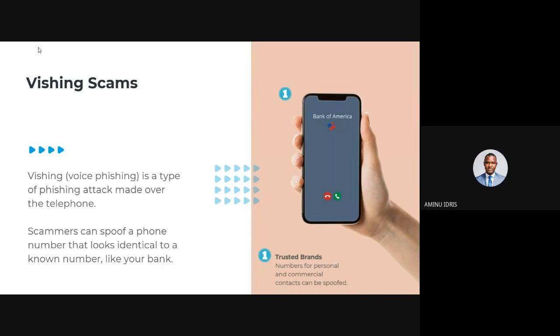So when somebody calls you over the phone and asks you to give out information, somebody that you don't know, or even if you know him, the moment you see that the kind of information he's requesting will allow him to have certain access, you shouldn't give it. Scammers can spoof a phone number to look identical. There are a lot of virtual phone numbers now. The issue is escalating always, and the only way to protect ourselves is